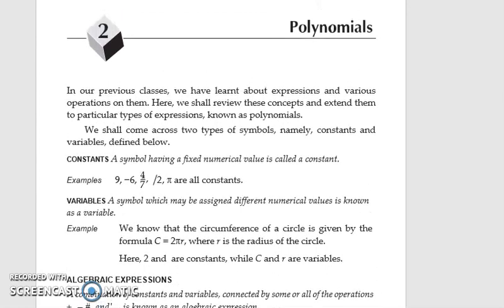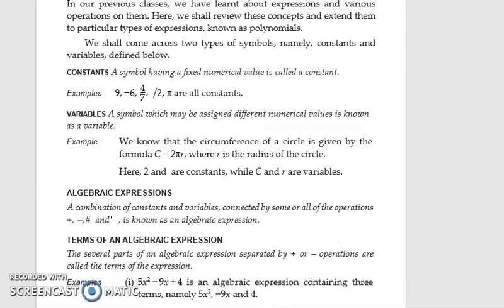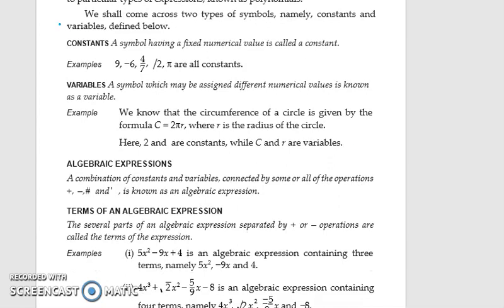So this second chapter, polynomials. I'll revise basic concepts for you, and then I'll start solving questions. So just keep this in mind, students, these various definitions and terms, you have to write from your books in your fair registers. You have to write these definitions with examples in your fair registers. So first is constant. What are constants?